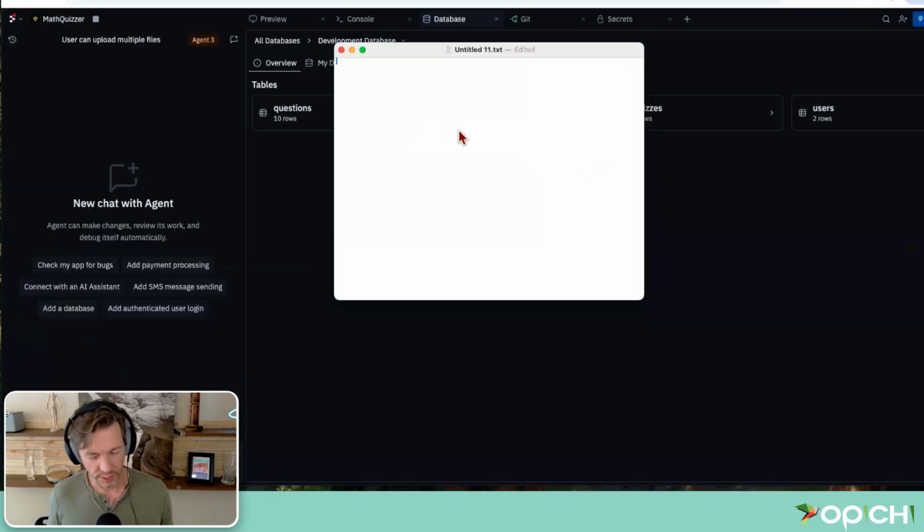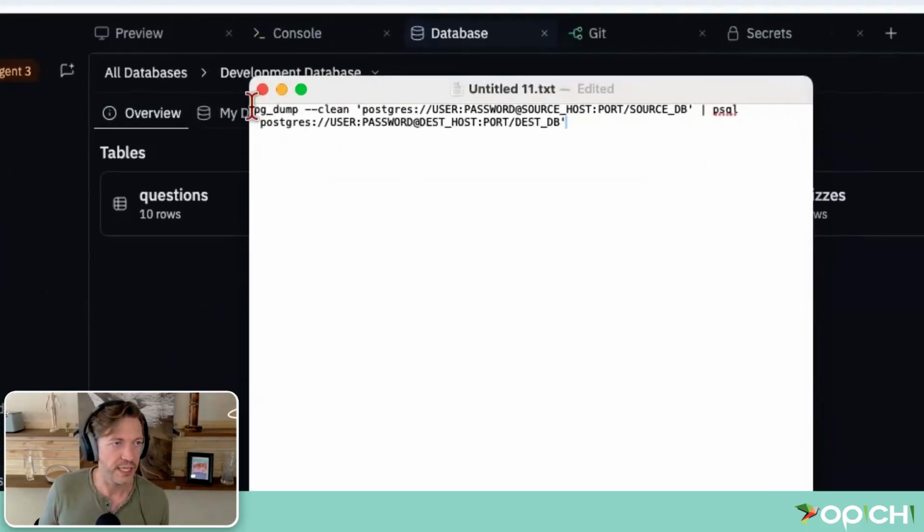We are going to use this command. All this command is going to do is export everything from one database that I give it, and import everything it just exported into another database. That's all it's going to do. It's just going to pull it from one and put it into another. What we put in here